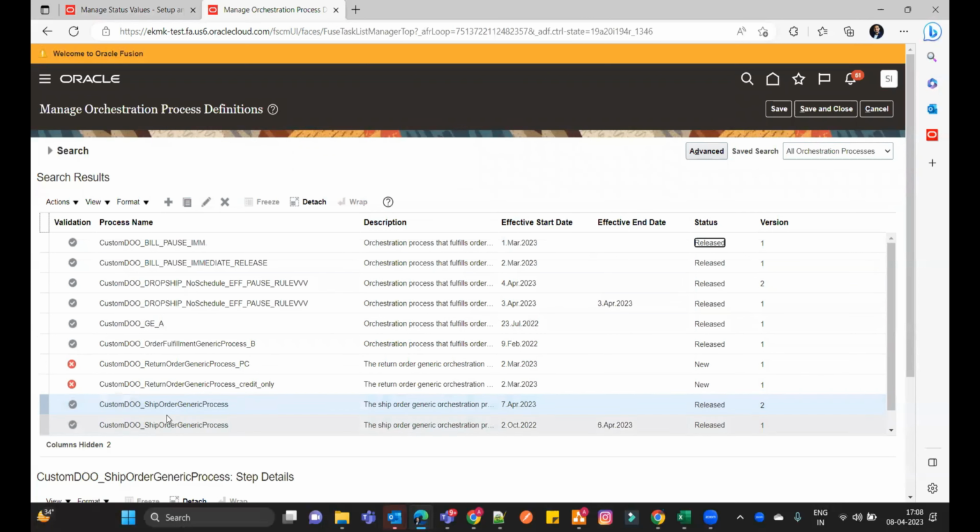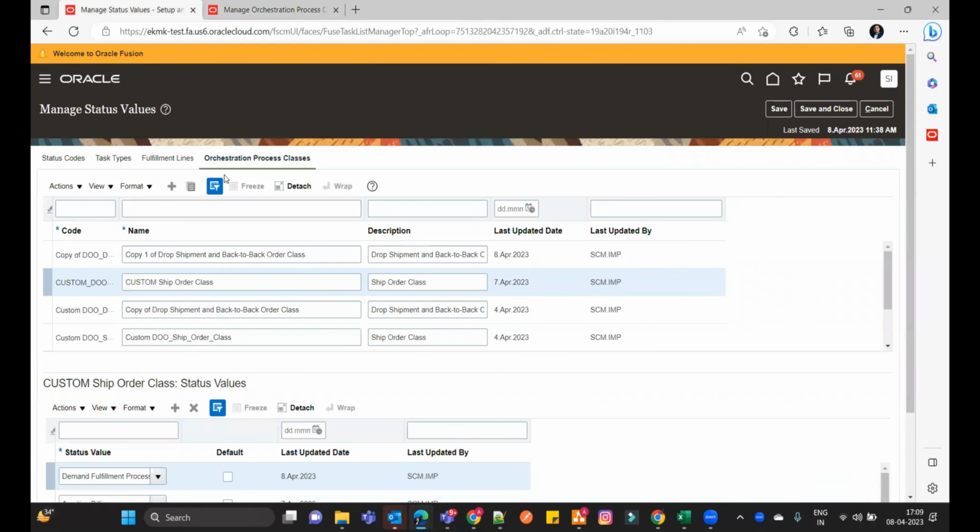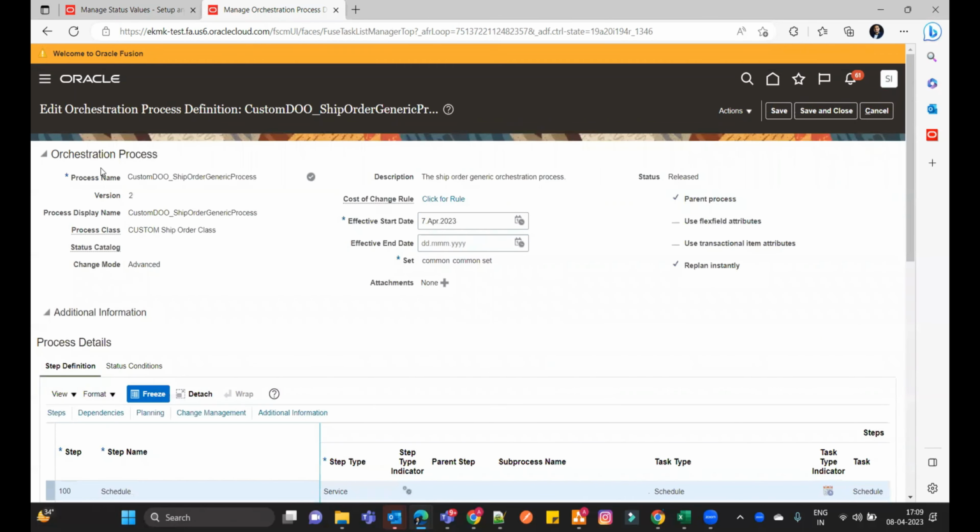And if you notice the custom DO ship order generic process, if I go to the pencil icon, I'll show you. Within the custom DO ship order generic process, I have used the process class called custom ship order class. So you have to do the process class association while customizing the orchestration process. Otherwise, you won't be able to use it. So that is the association